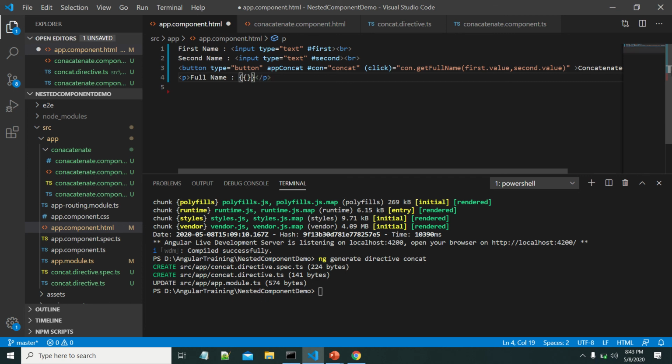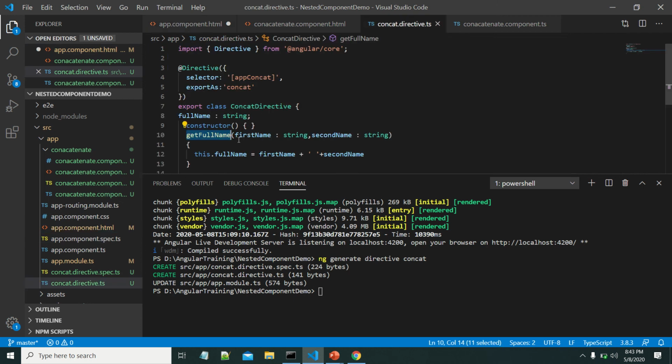Next, if you want to display the text, let us write this here only. If you want to use the property from the directive, we need to use this property. Let us copy this property.